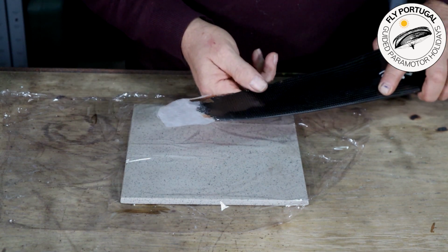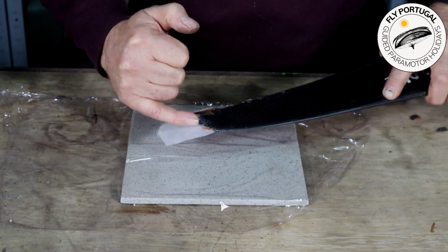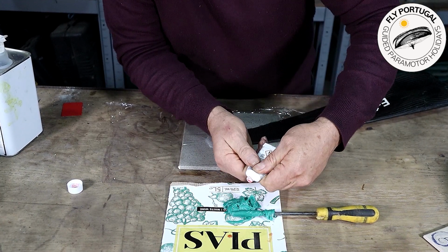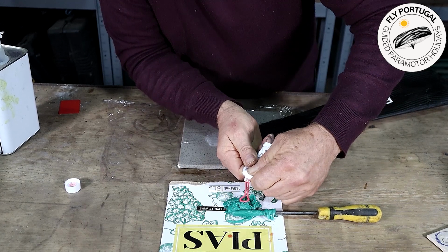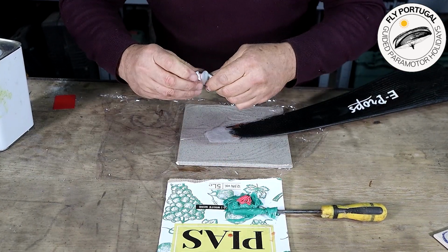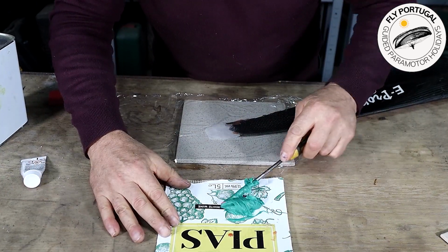And I'm going to make sure that I get it right into all those lovely jagged edges. Now it's time to mix the paste up, and that will do. I've obviously gone over the top with the paste because what I don't want to do is